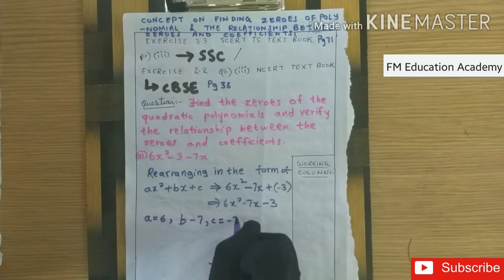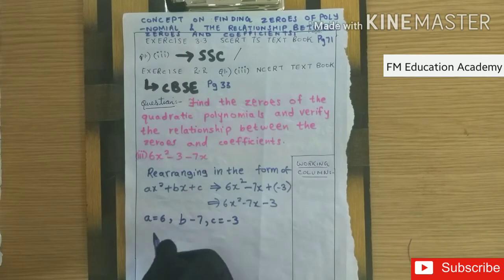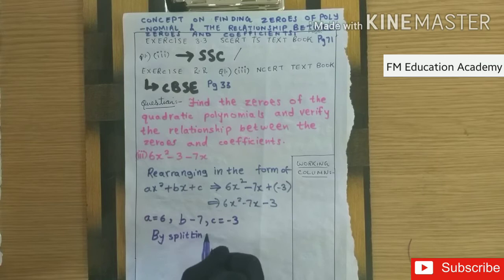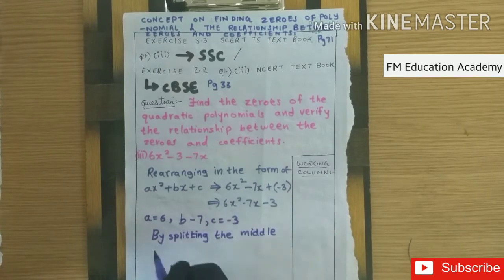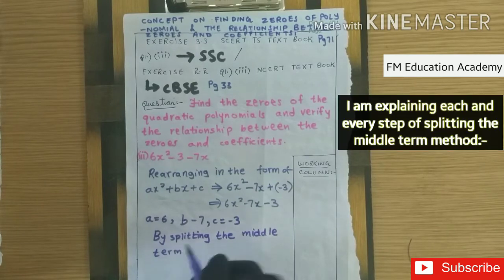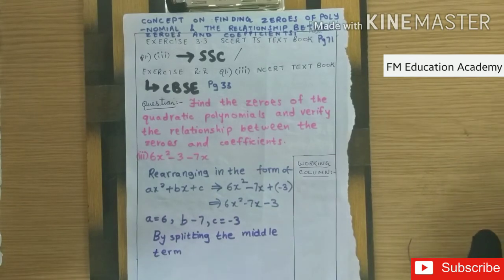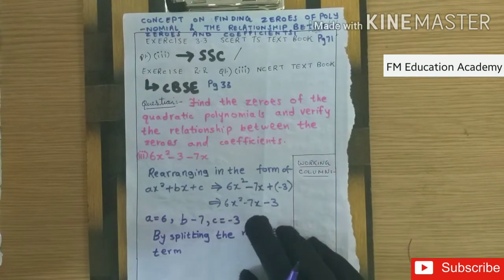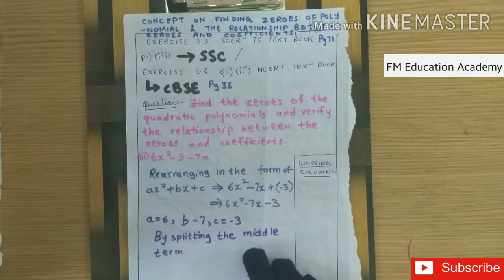Okay. So this particular polynomial can be solved by splitting the middle term in order to find the zeros. I have told you, right, if the polynomial is in standard form of ax square plus bx plus c, then you can solve the polynomial to find zeros by splitting the middle term. If you don't know how to solve by splitting the middle term, don't worry, I'll help you out. In order to split the middle term, first compare it with ax square plus bx plus c, write the a term, the b term, the c term. That is the first procedure for splitting the middle term.